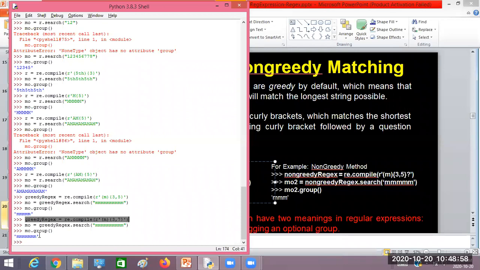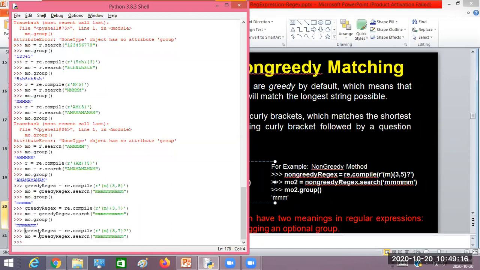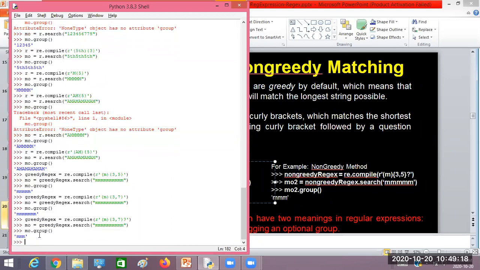Already we discussed the question mark. It is used as an optional, that means either presence or absence. But in the non-greedy method, it plays another role. If I put a question mark here and execute this, it is going to give us only 3 M's. That is the shortest possible match.